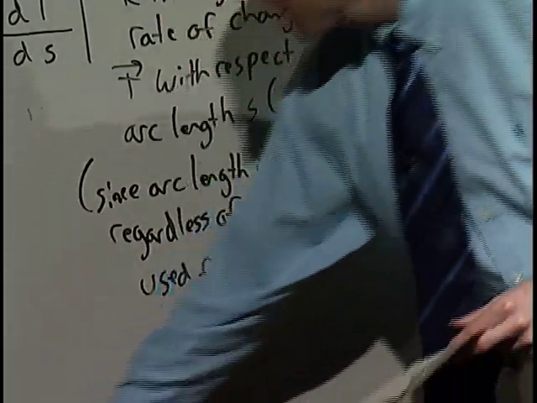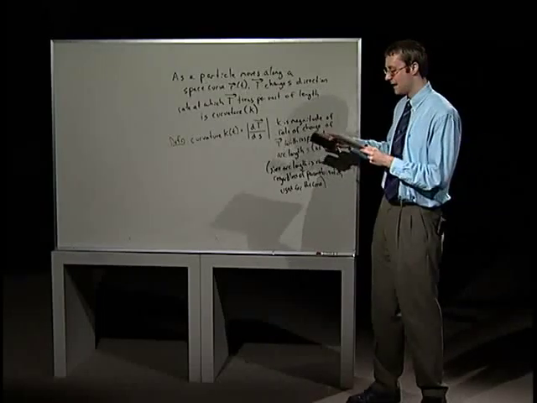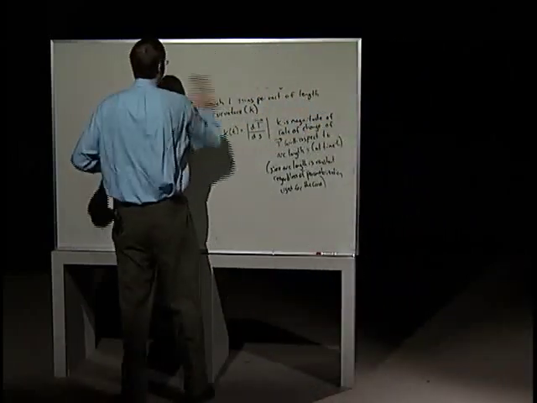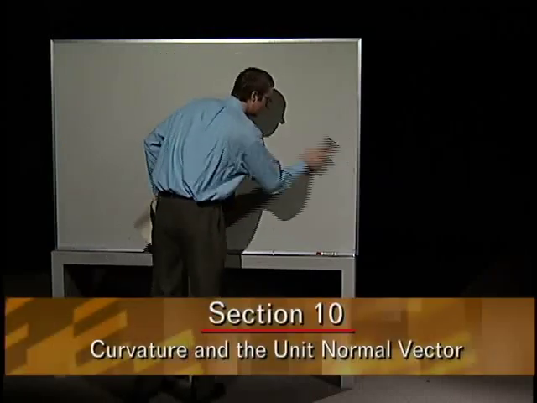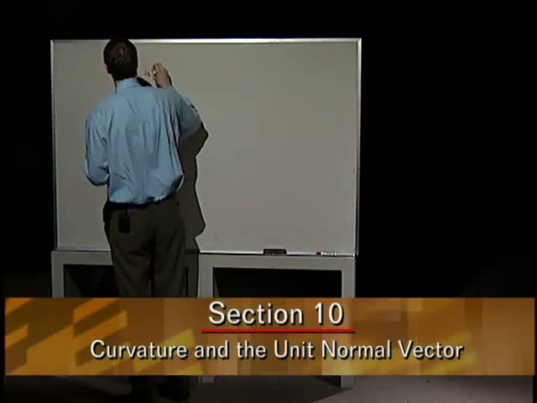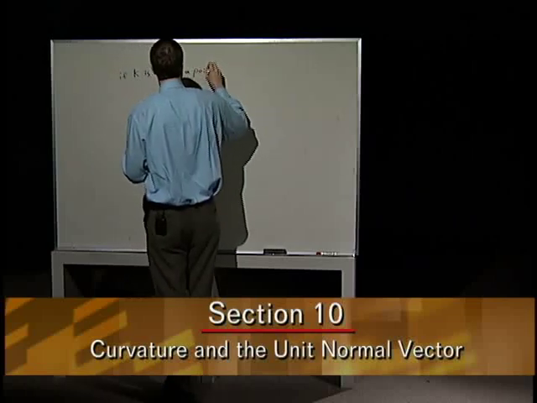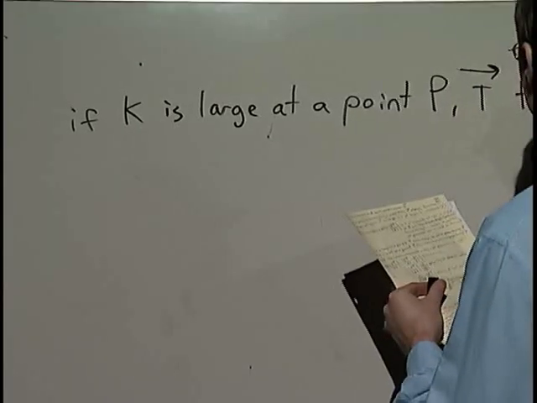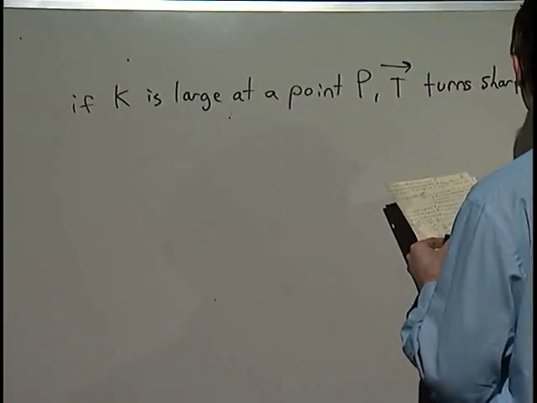Well, curvature, unlike arc length, curvature can be positive, negative, or 0. Arc length can be the same thing as directed distance. So what happens with various degrees of curvature? So if K is large at a point P, T turns sharply as the curve